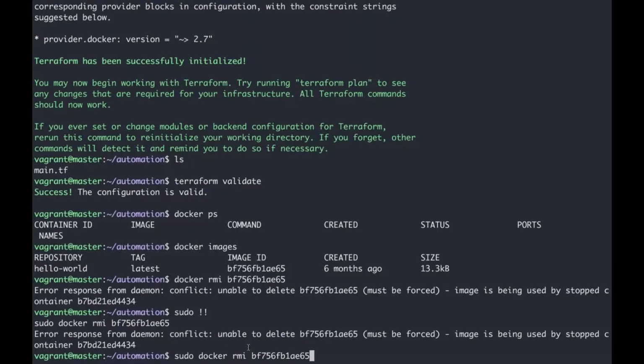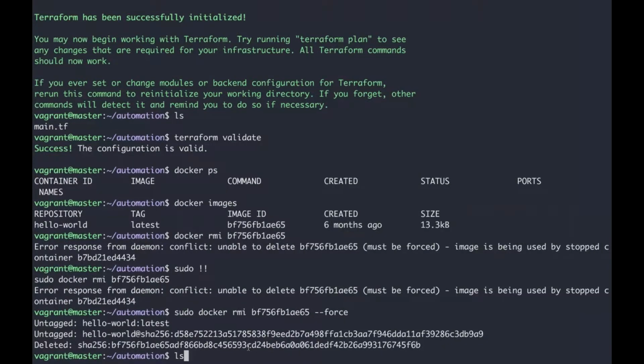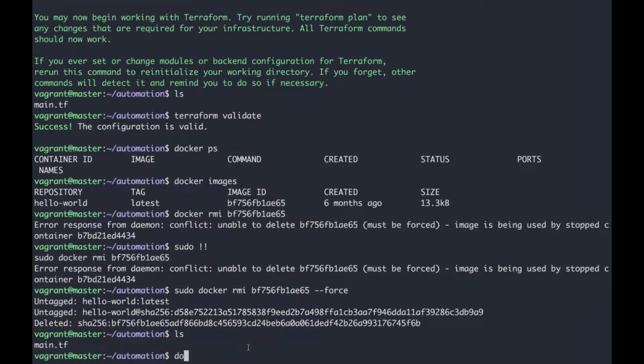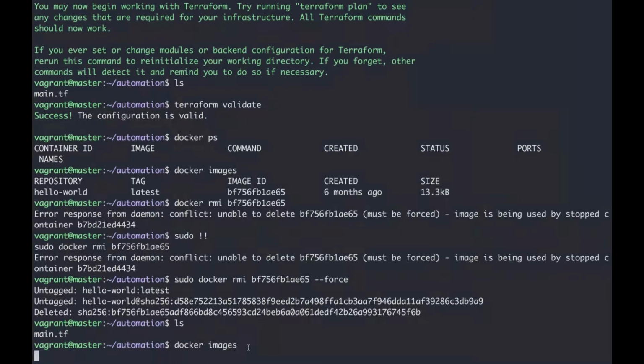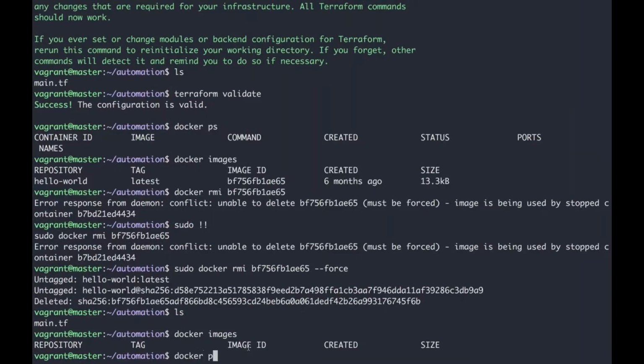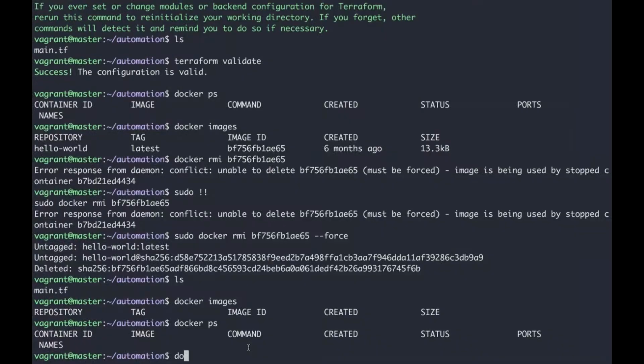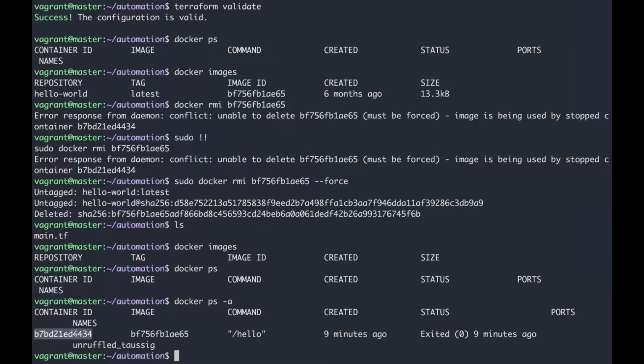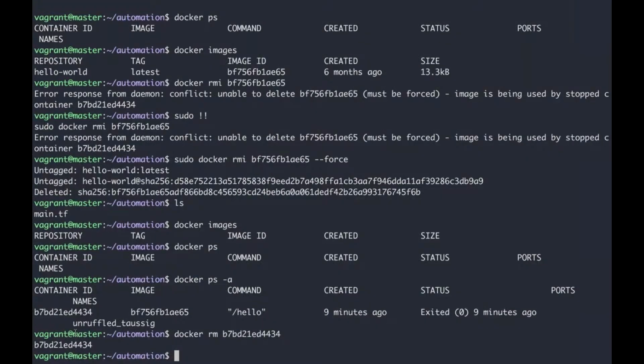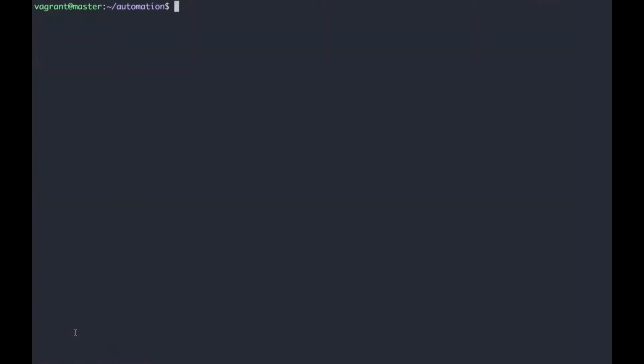Okay, it says that I can only remove this. Okay, Docker images: no images, no containers. Let me remove this one. Okay. Now run. So your stack is clear. Okay. Now you want to run this